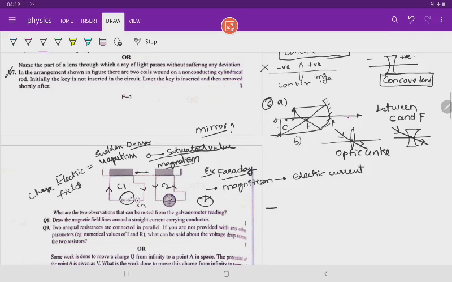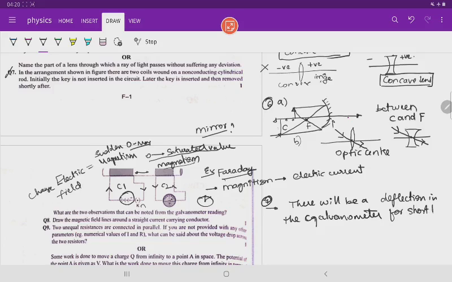So what we observed is that there will be a deflection in the galvanometer for a short time. Why is this deflection there? Because of induced electric current. And you know that the direction of induced current can be found using